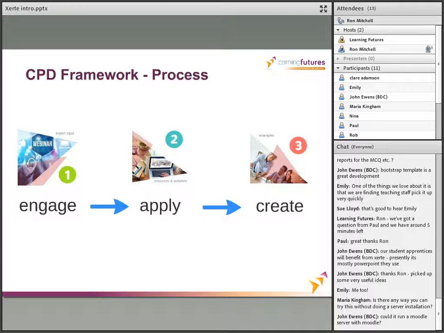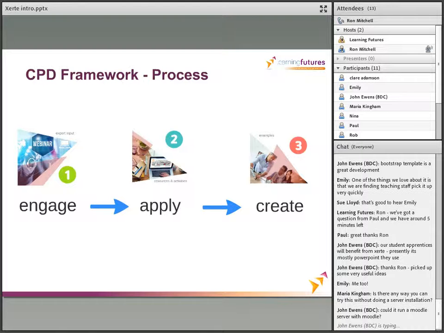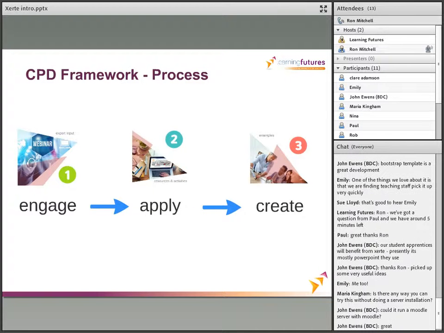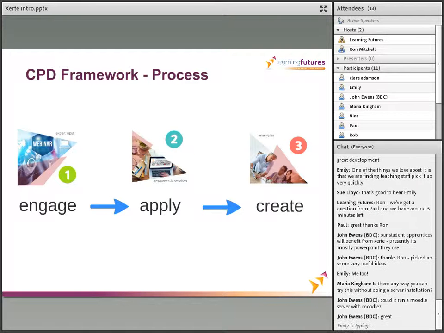Actually, John, yes, it will happily run on Moodle, and if you view some of the resources that I've shared, including my screencast, there's some on exactly that. So the technical barrier, often you'll hear IT teams saying, well, we'd have to get a new server and we'd have to do this and we'd have to do that. Often those barriers, to be fair to them, are more about communication and awareness of what's required.